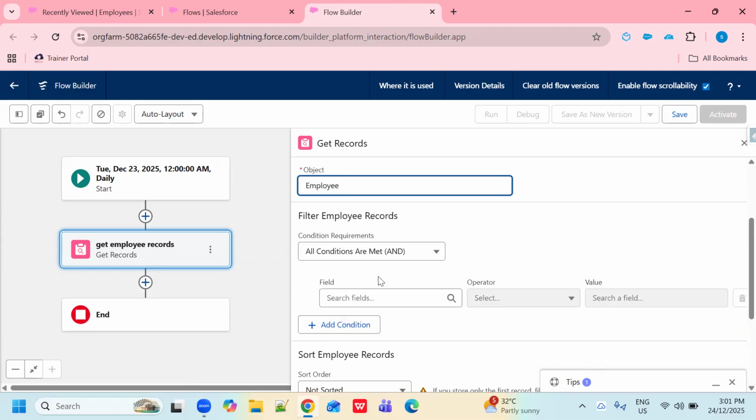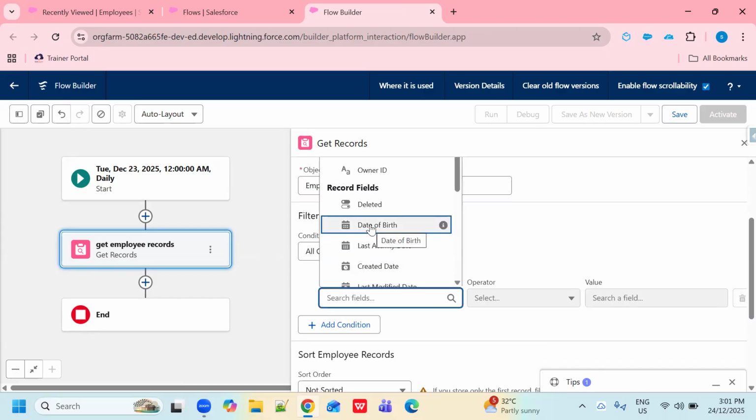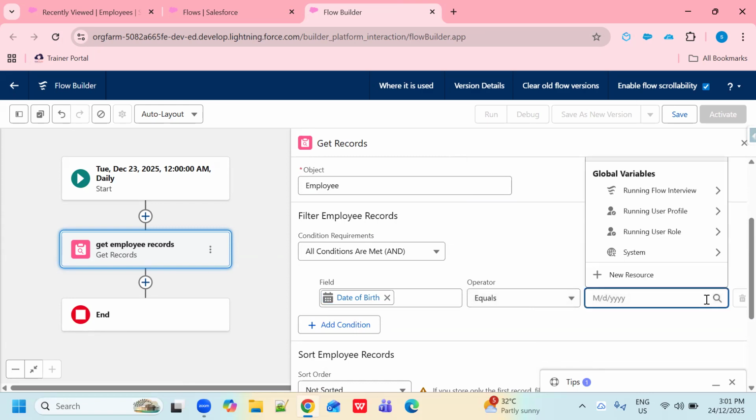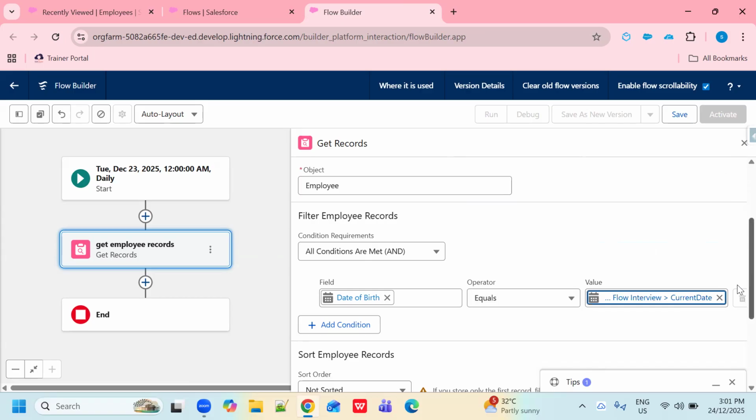So what should be the condition? Which records should be fetched from the object? That is date of birth. Date of birth equals today's date. This is the option, and from here I can select the current date.